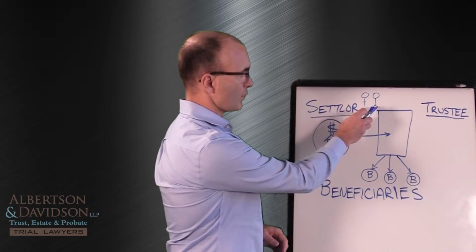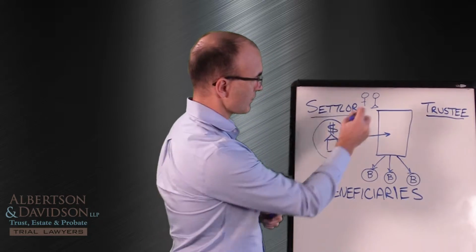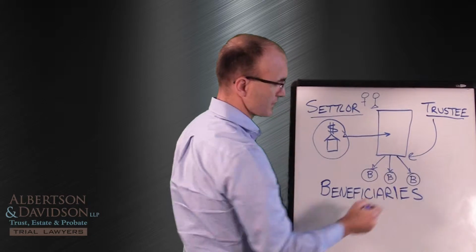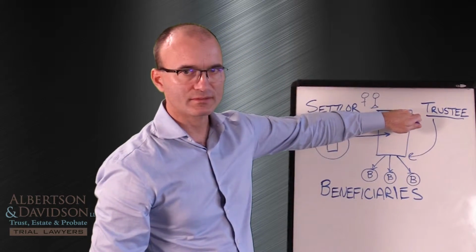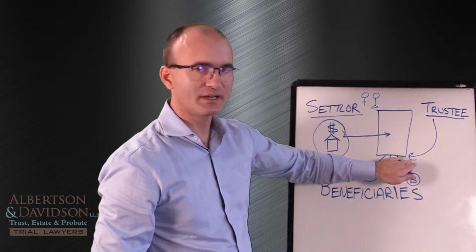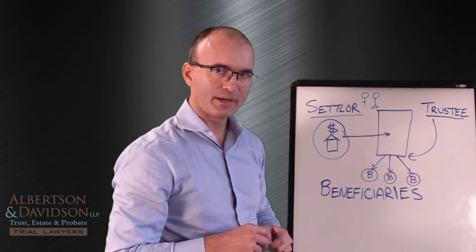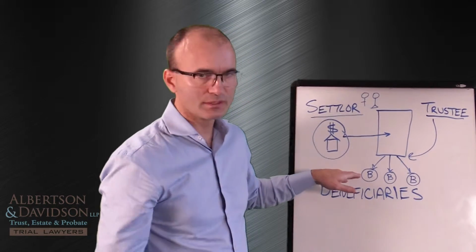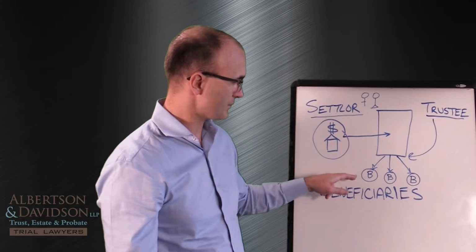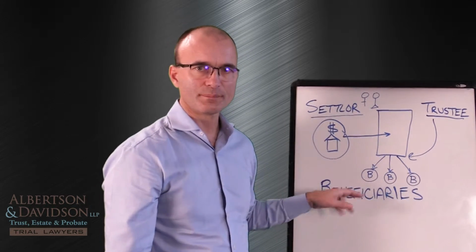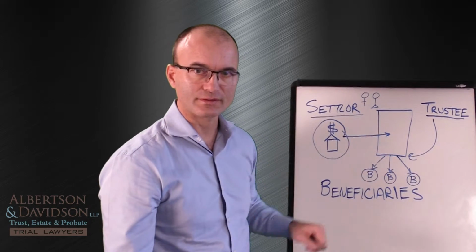So when a husband and wife create a trust, they're usually the trustees of that trust, and they're also usually the sole beneficiaries of that trust during their lifetime. So they manage the assets as the legal owner, but they also get the benefit of those assets as the beneficiaries. Once mom and dad pass, then the beneficiaries typically are going to be the children. And so let's say they had 3 children. Now the beneficiaries are going to be divided up into thirds, and everybody's going to be a beneficiary of these assets that are in this trust.